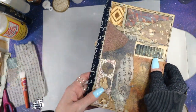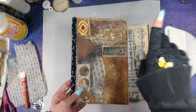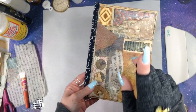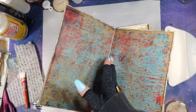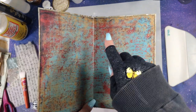So my purpose today was going to be to show you what pages I chose and to sew it in with you. However, I've changed my mind. I'm going to show you the pages and give you my thought process, tell you what this is going to be about. However, I've decided that I am going to wait till the end or near the end to sew it in. I'm not sure if I want to sew it in with the 3-hole pamphlet stitch,